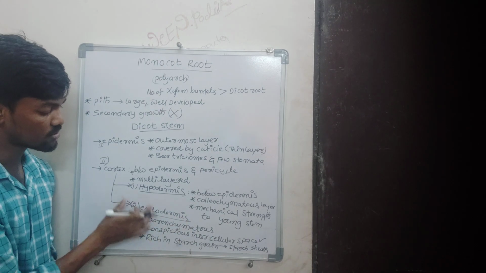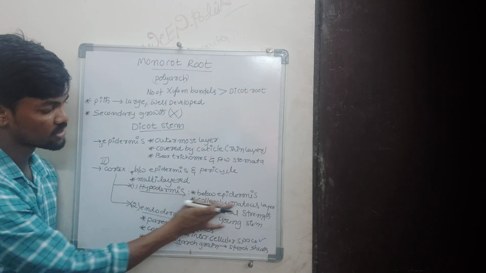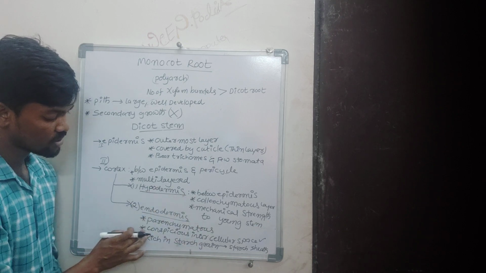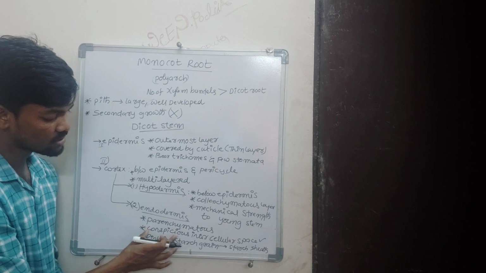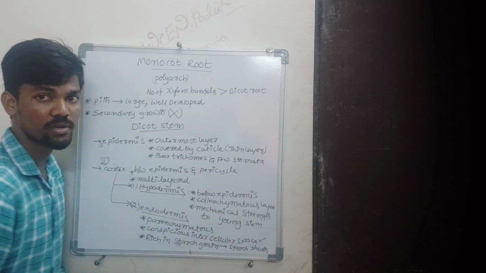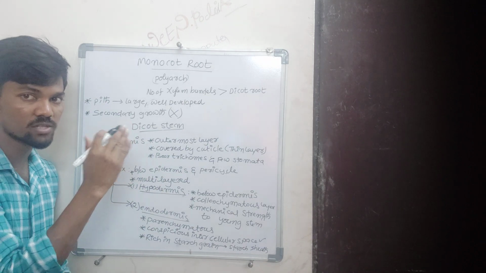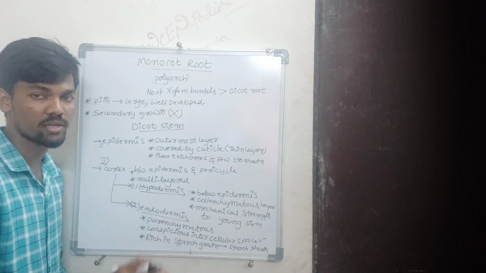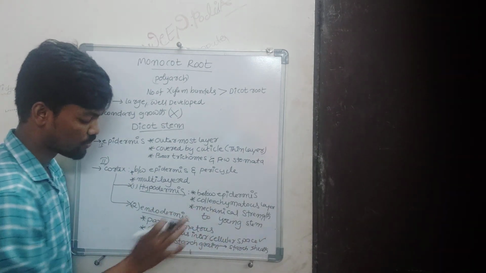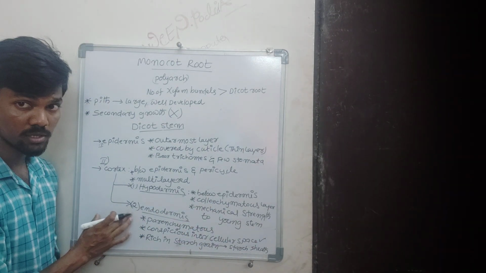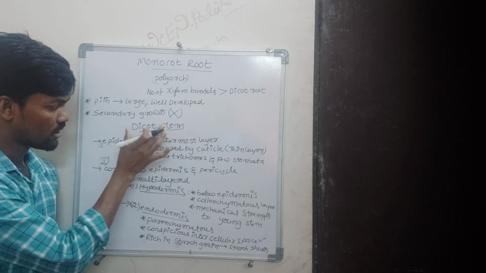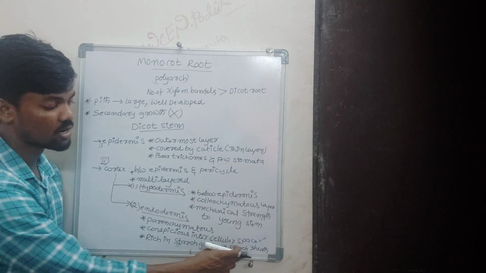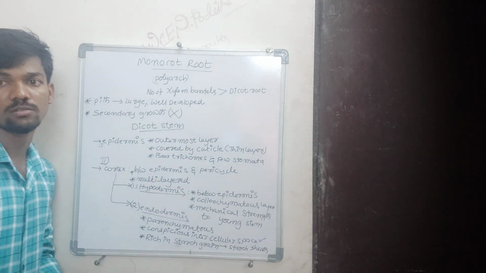The endodermis is parenchymatous, while the hypodermis is collenchymatous. In the endodermis, conspicuous intercellular spaces are present. There are some spaces between cell and cell; those are called intercellular spaces, not intracellular spaces. Coming to the endodermis, particularly in the dicot stem, it is rich in starch grains and is called the starch sheath.